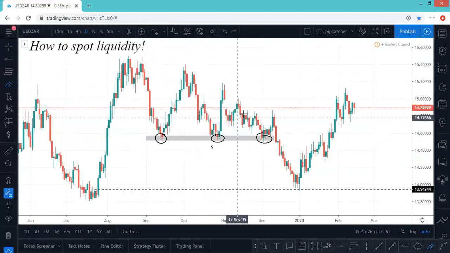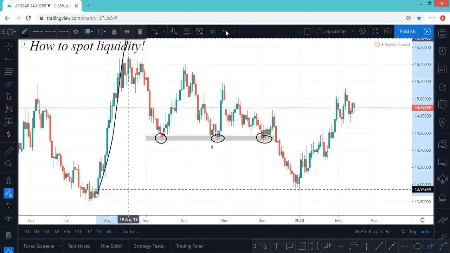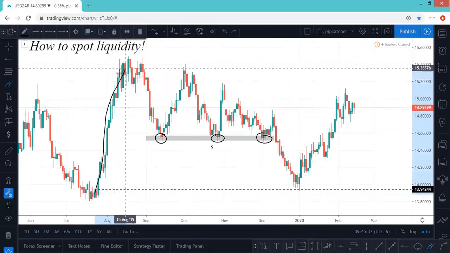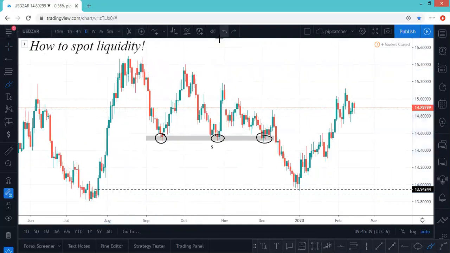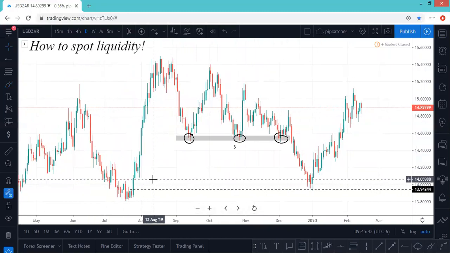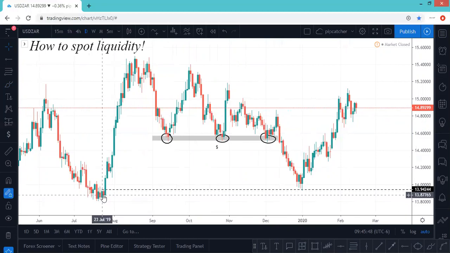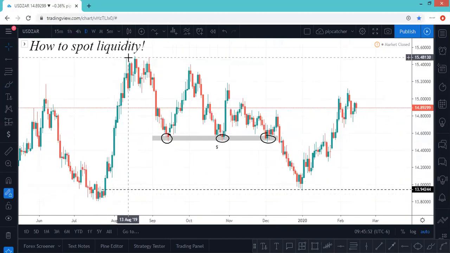So there weren't a lot of orders or positions to move price at such a fast pace. But you can see clearly down here, it was only 1, 2, 3, 4, 5 days, and then price got out of that area after such a short amount of